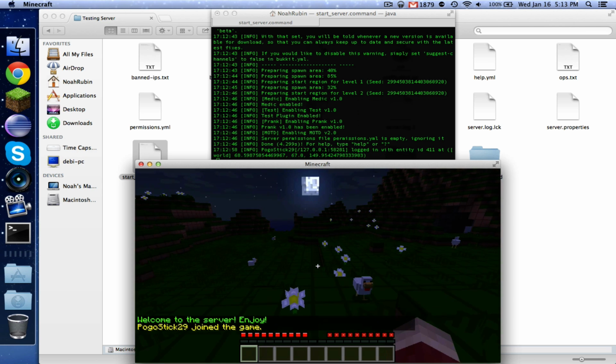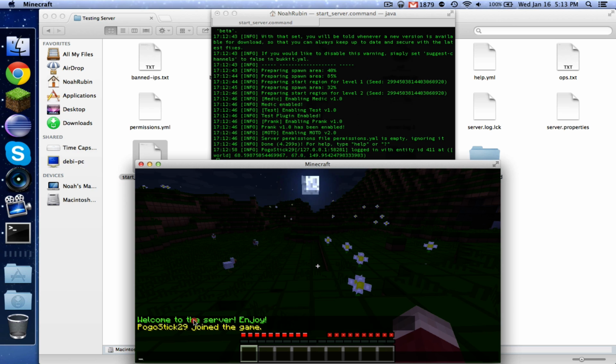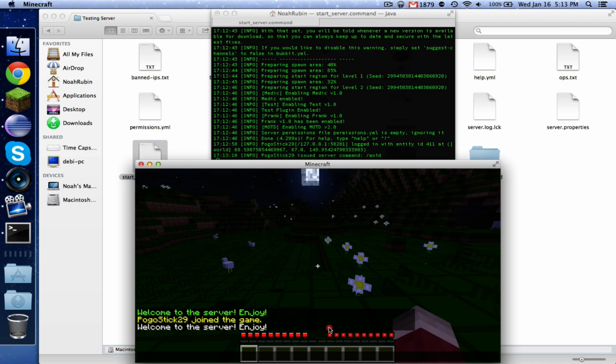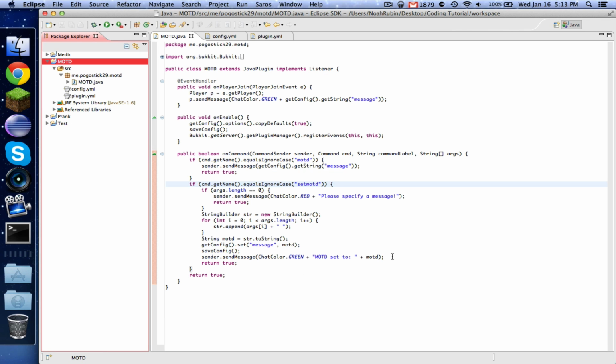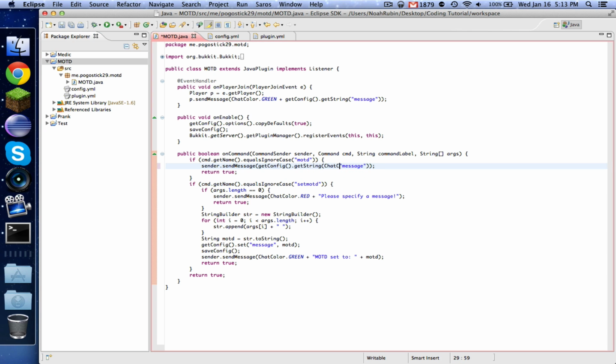Okay, so it says, welcome to the server, enjoy. And remember, that's the message that we set it to be. So now, again, if you do /MOTD, it will send the message. It looks like I forgot to tell it to send the message in green, but that doesn't really matter. Yeah, so if you want it to send it to them in green, then you can say that, and then you can say,